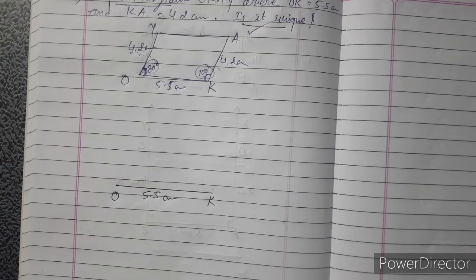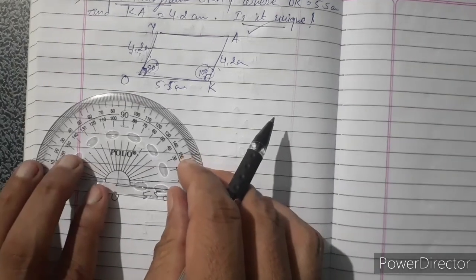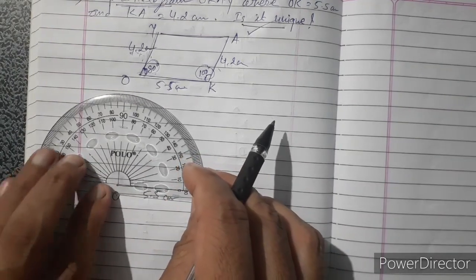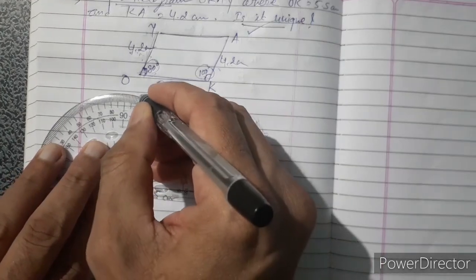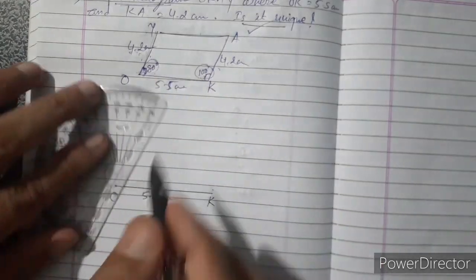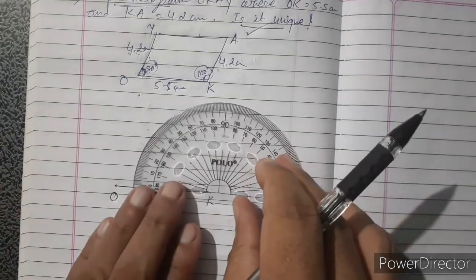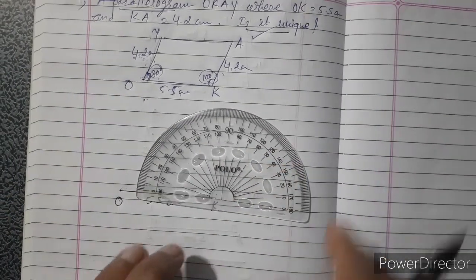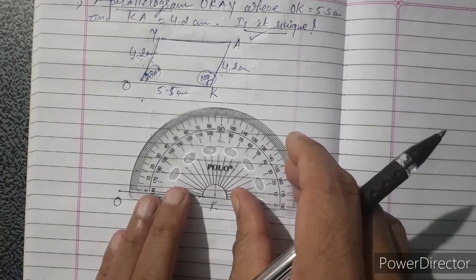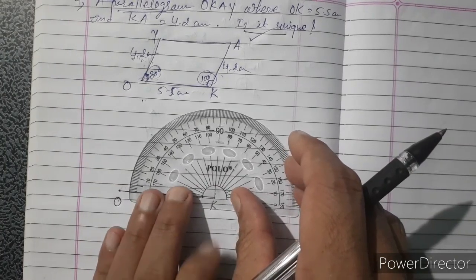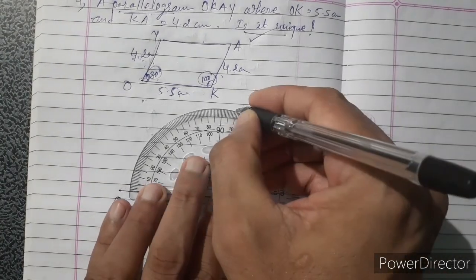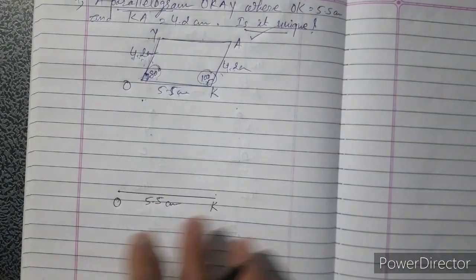Okay, so like that, look, here that is 80 degrees, tick mark that one. And here 100, tick mark 100 degrees here, that is 100, and draw an arc,